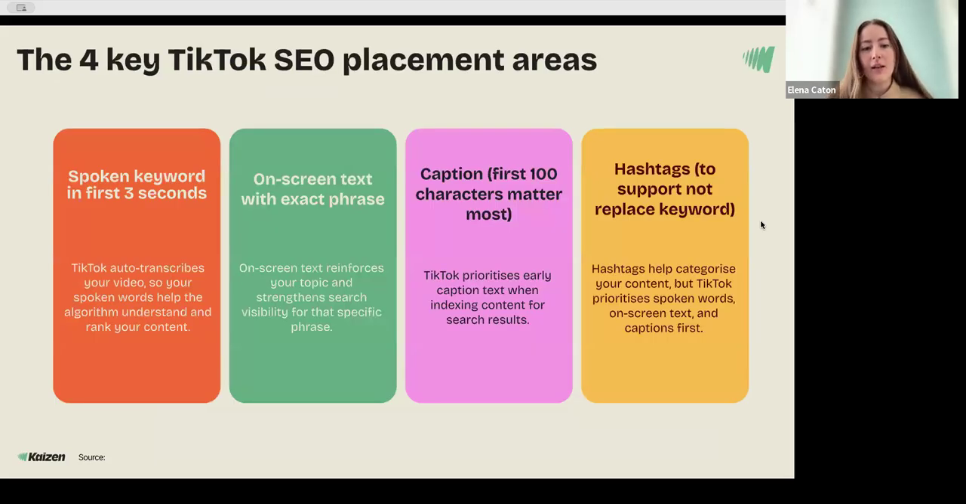So in terms of the key TikTok SEO placement areas, these are the 4 pillars for the placement of your keyword. And this goes in descending order, so this is what TikTok and the algorithm prioritizes. First and most importantly is your spoken keywords. This needs to be within the first 3 seconds. So you want to include that primary keyword right at the start, but most importantly, in a spoken format,